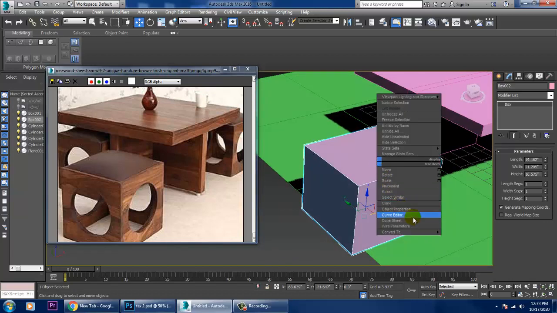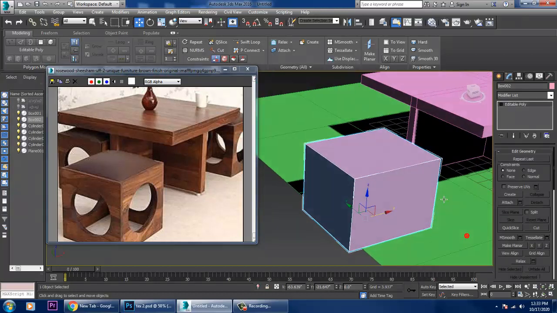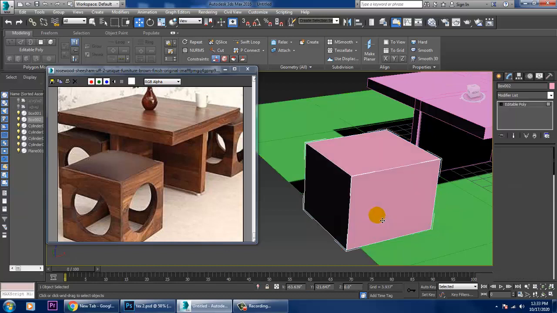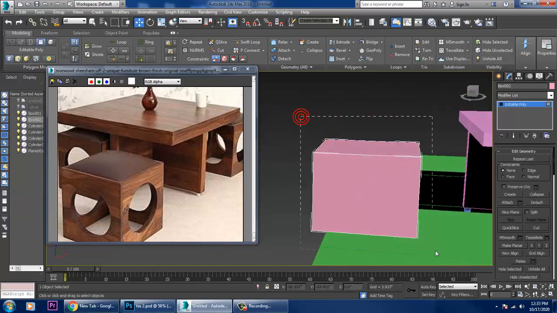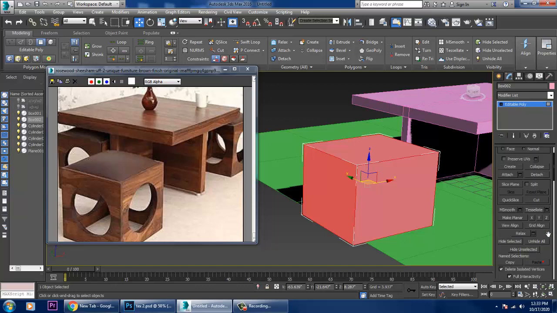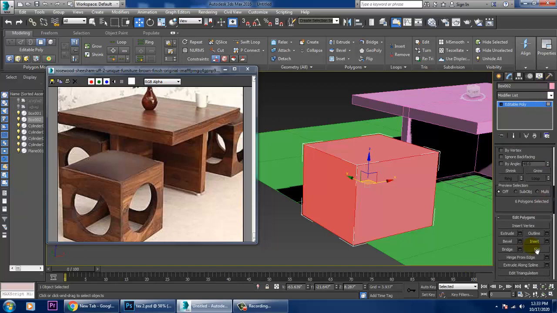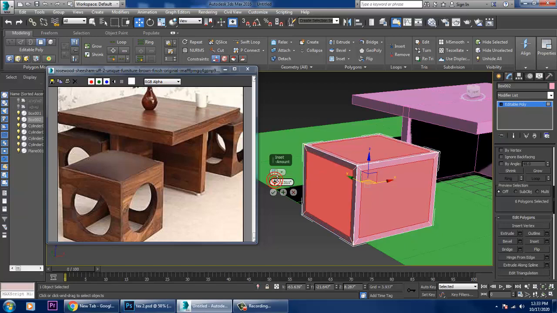Let's convert to editable poly. Press 4. Select all of this and use a bit of inset by local normal and click OK.